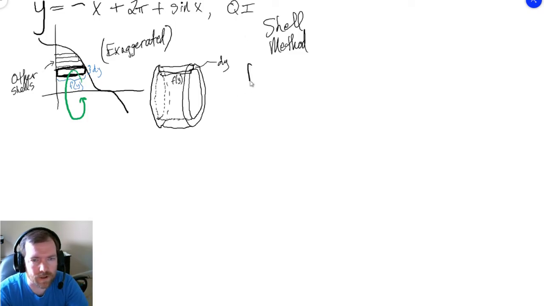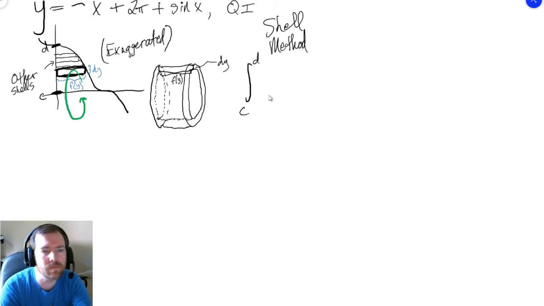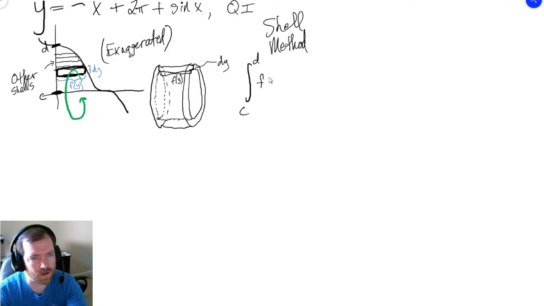So we're going to be taking the integral as we go on y from, let's call it C to D. Here we have C, here we have D. So what we want here is the volume of each of these shells. So the volume is going to be our,